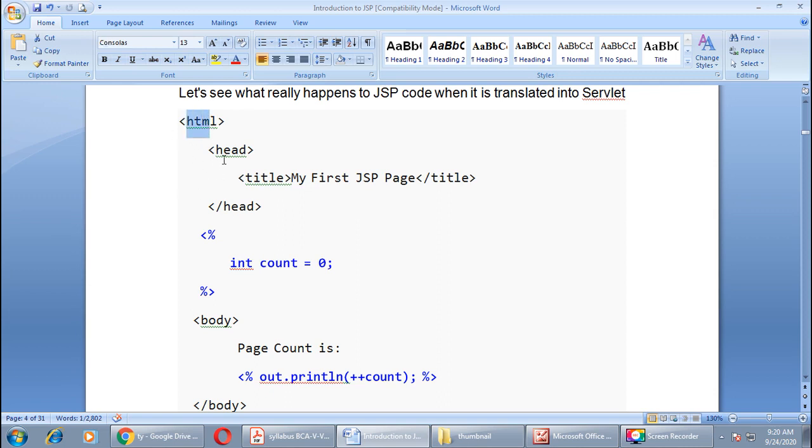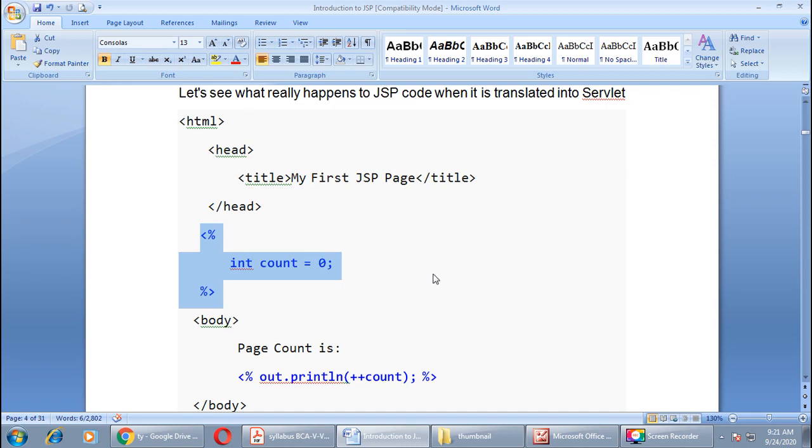HTML tag begin, head tag begin, title tag begin, head tag over. This is the coding of HTML. Now inside it you can see one different tag is inserted in the existing HTML code. The selected part is the code of JSP, right?